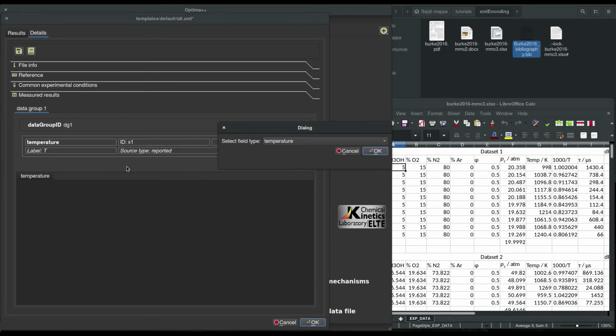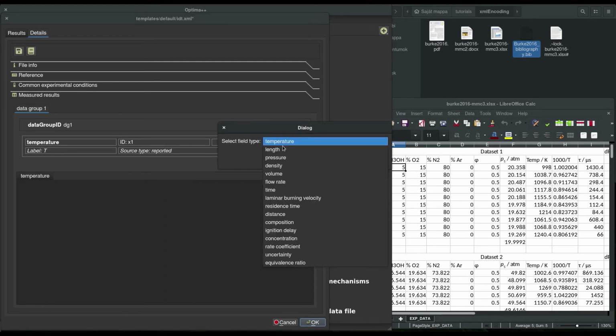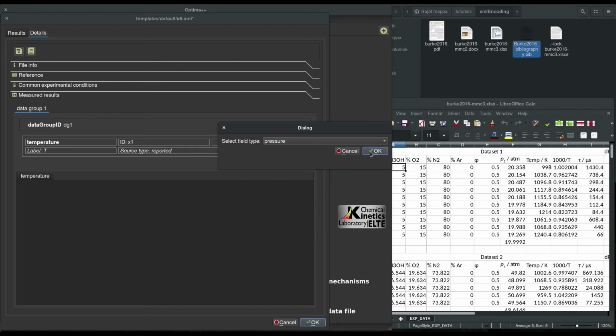Now, I quickly add the pressure and the ignition delay properties in the same way.